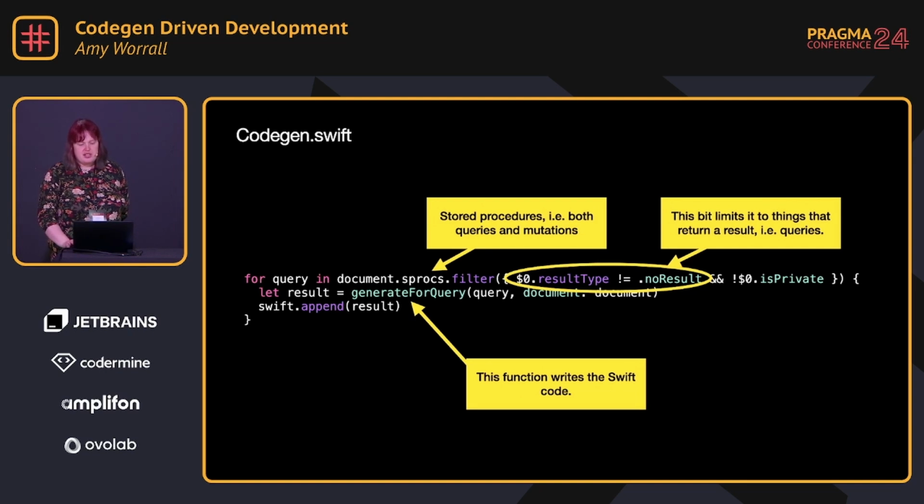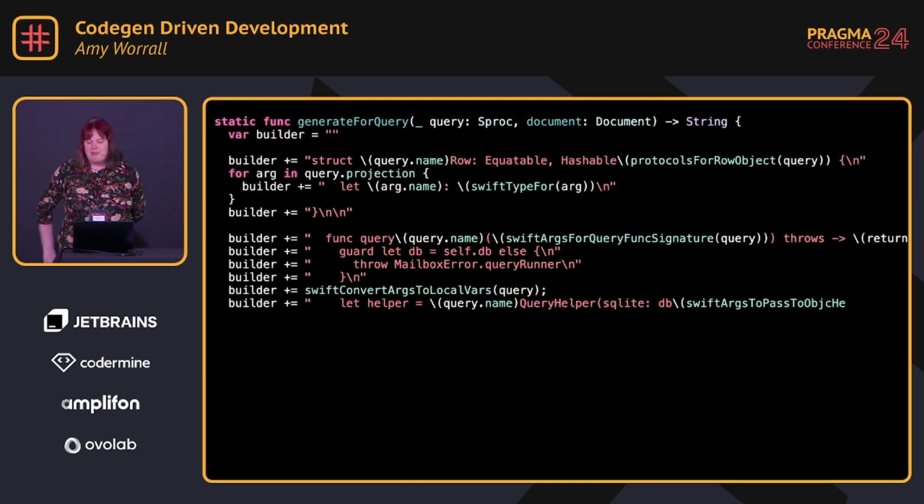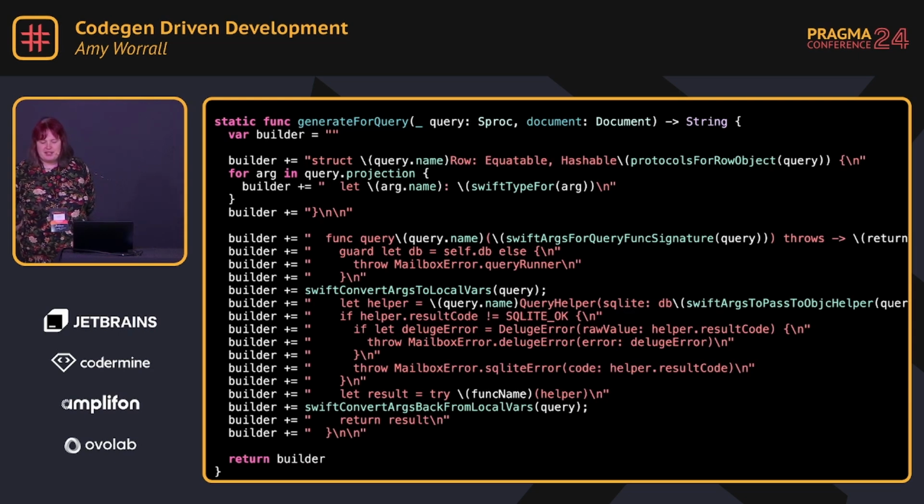So let's look at this generate for query function within our Codegen. And don't be scared that I'm about to present a full slide of code, because I'll tell you why I'm showing you this. I'm showing you this to show you that most of this is a string. It's a string where we substitute things in the relevant place. And so, for example, in this string that we're building, and we're just doing it using bog standard Swift string concatenation,